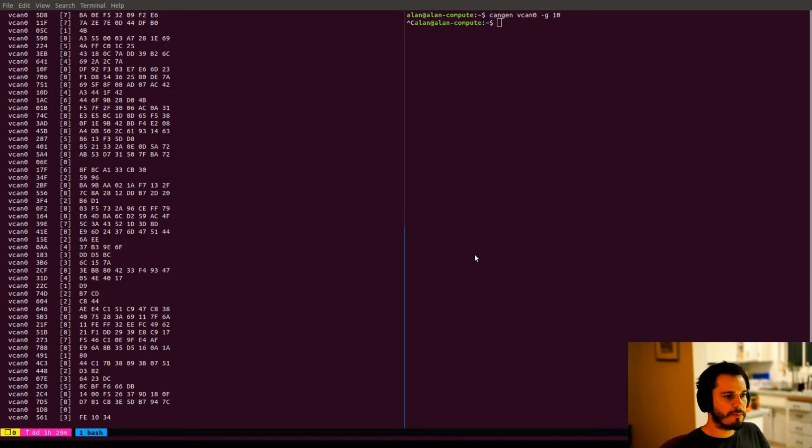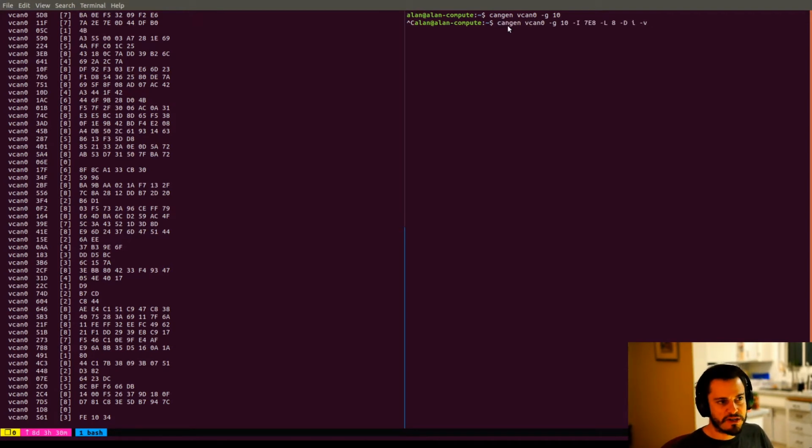The next thing that I'm going to do is still use CanGen, but in a slightly different way. I'm going to generate CAN messages of the same CAN ID, but just incrementing the payload. So this is the command.